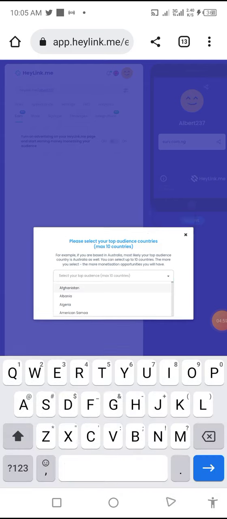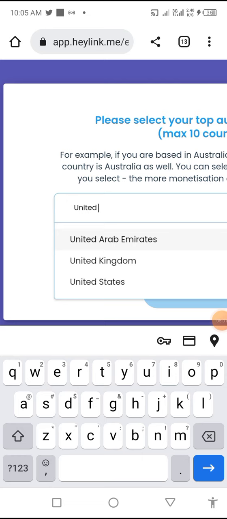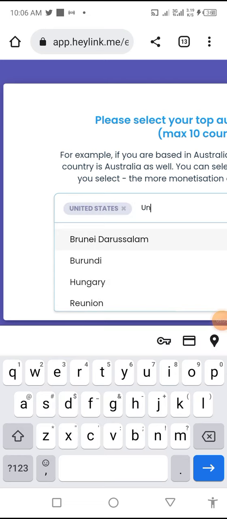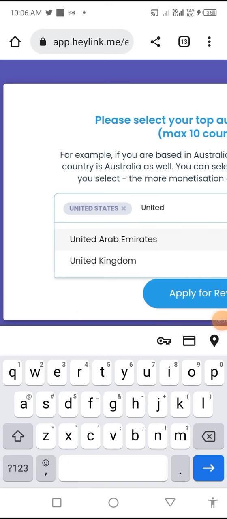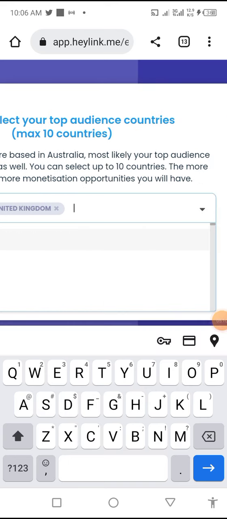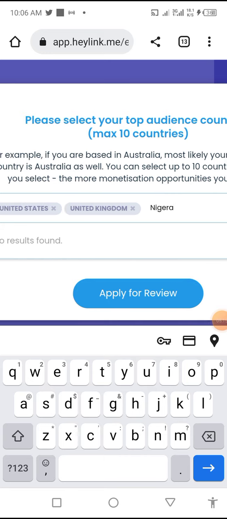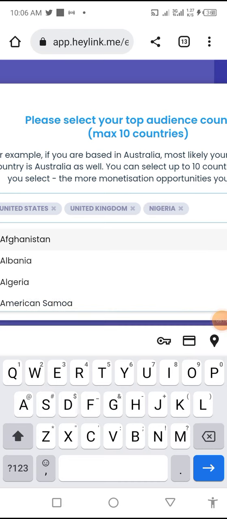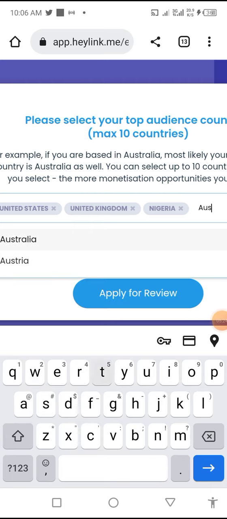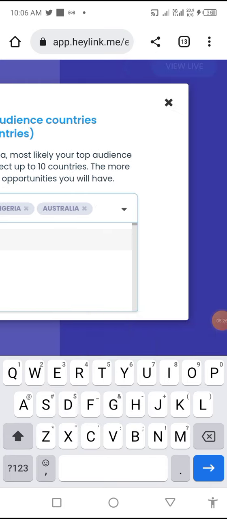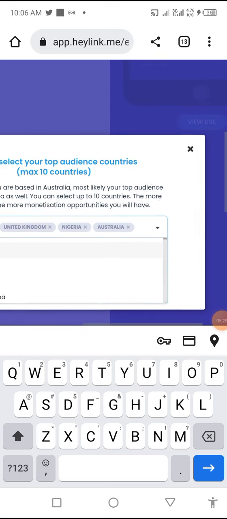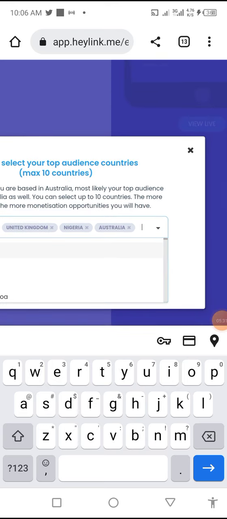Let's go. I choose United States, then United Kingdom, then Nigeria. Don't just follow me step by step, so you get it right. Australia is tier 1, although Nigeria is not tier 1, I'm just putting it as an example.